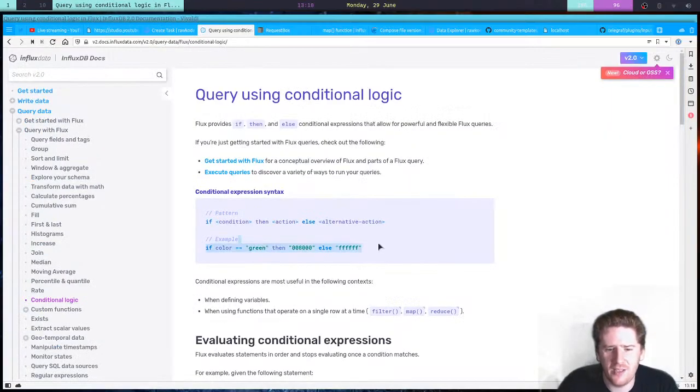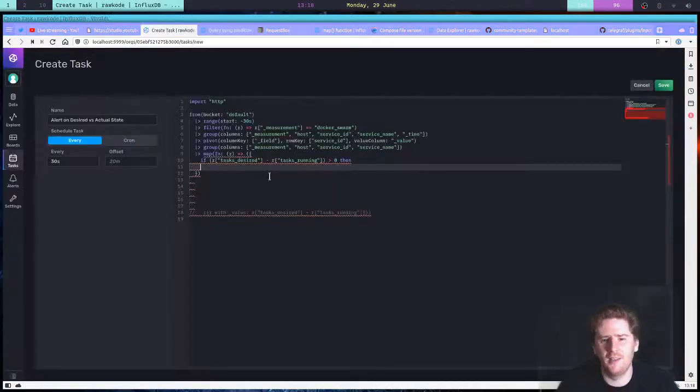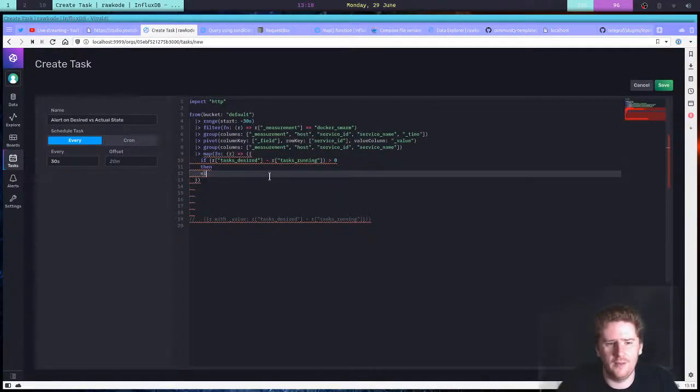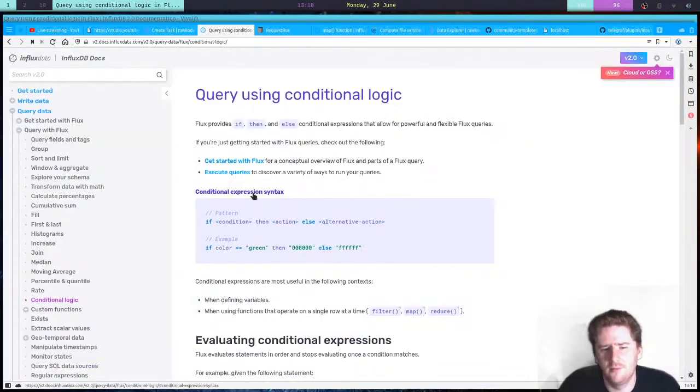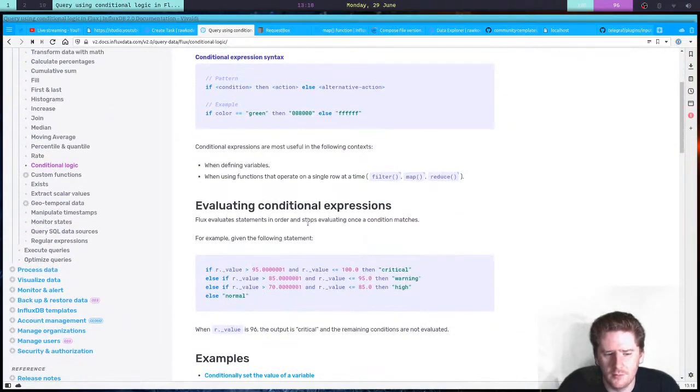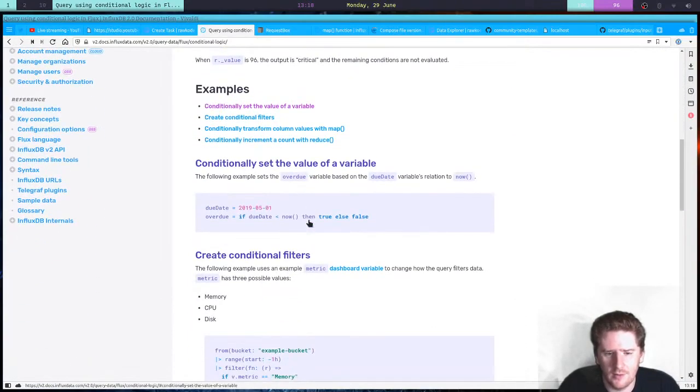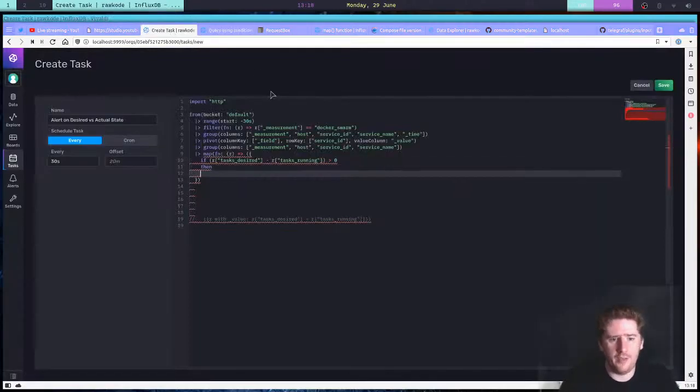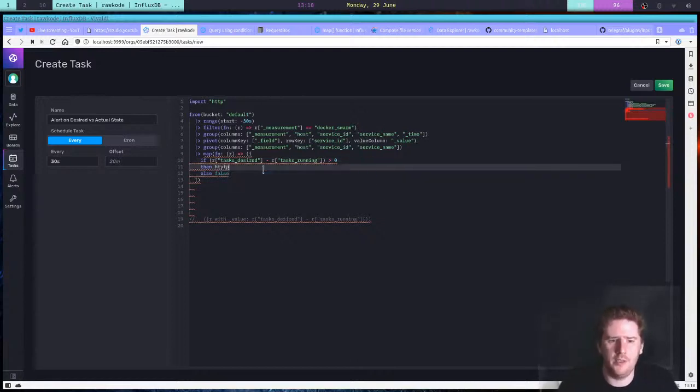If then, oh, it's just if then. Yeah, I got it. So if then, can I do it without anything else though? No. Okay. If then else false. But the if then is going to be that we want to do an HTTP